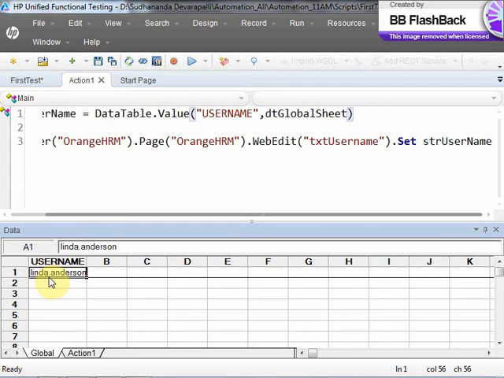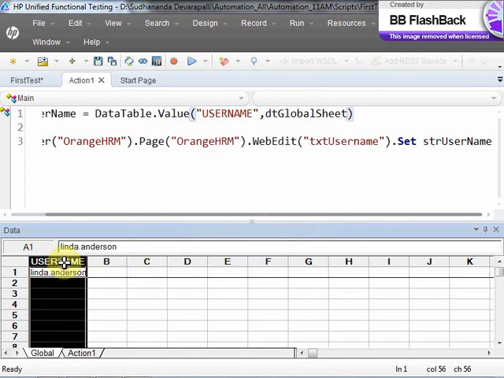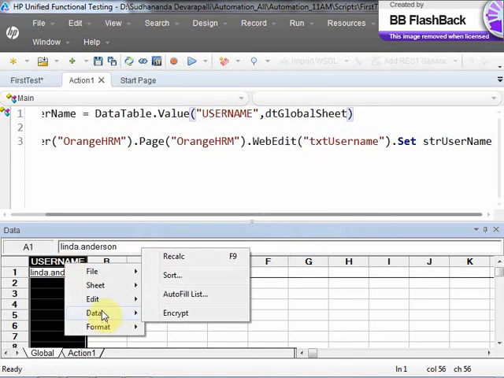Create a data file which is external to the test, then read from there. Right? So an Excel sheet can be external to the test. So what I will do here is, instead of using the data table,